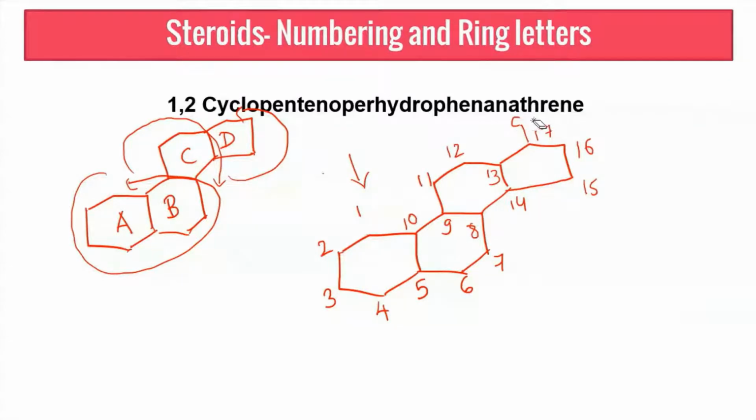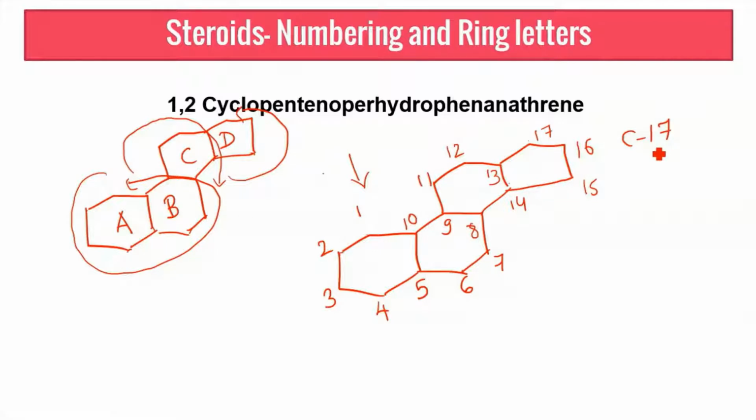The reason I'm emphasizing the numbering so much is that in all your further reactions, you may have 6-OH or 6,7-OH. It should not happen that you're wondering where this carbon is. Now this is your C17 nucleus, which we said is a 4-ring structure having C17, or 17 carbons.